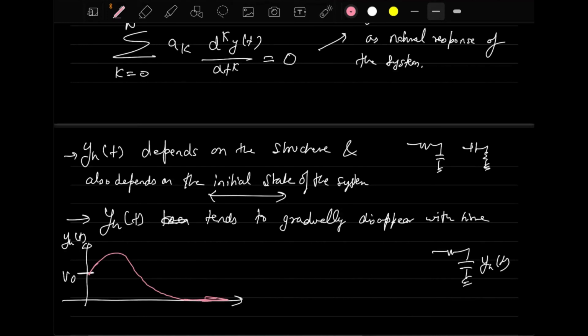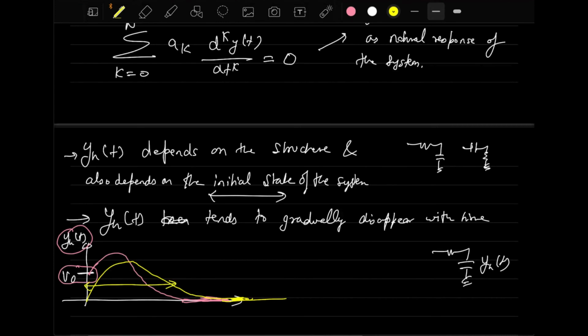So what you will observe is that yst has a common trend where the output of the yst will become zero after some time. But it will start from V0 because the capacitor was initially charged. If the capacitor was initially not charged and your initial conditions were zero, then the capacitor would start like this. But after a small interval of time, depending upon the circuit, your output will become zero. This yst, because its output becomes zero after a while, is there only for a while.